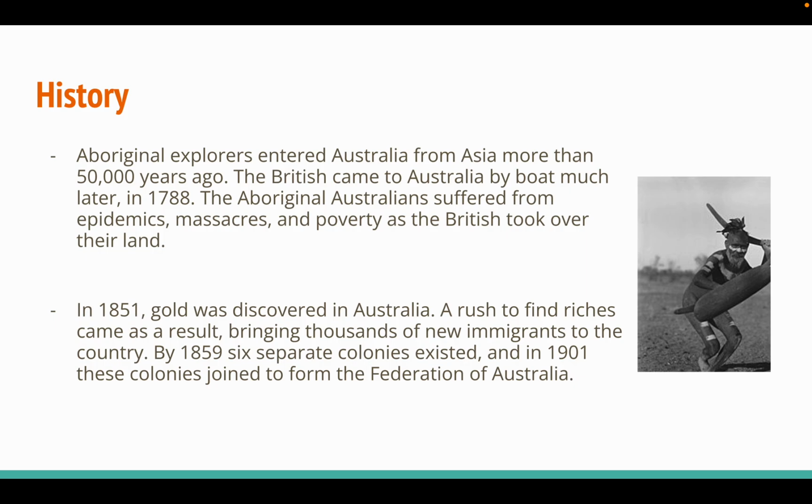And basically a lot of the First Nation peoples suffered from this colonization, like most of the world, which ended with epidemics and massacres and revolts. It goes on. One thing we've taken as an example is the gold rush. Australia is very famous for the gold rush because a lot of immigrants were seeking riches and wanted to become wealthy, and there was a gold rush in Australia. So yeah, next slide.